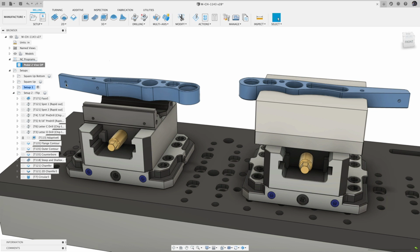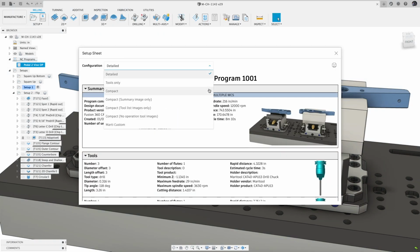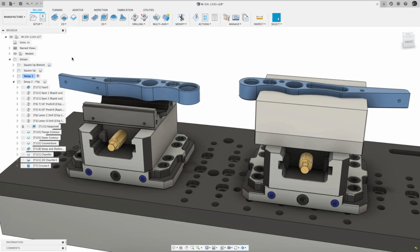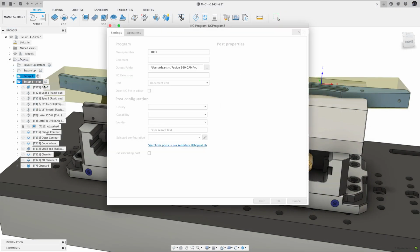Earlier this year, we upgraded setup sheets to make them more collaborative, customizable, and information-rich. I wanted to take this quick tip to cover some of the improvements and what I'm enjoying about the new setup sheets. First and foremost, be sure to create your setup sheet from an NC program to get the new